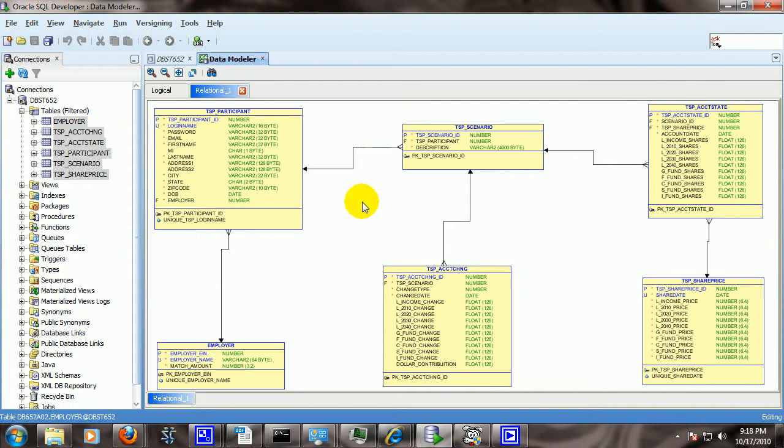But the real action of the system is contained within these three tables. Now, we mentioned that participants could run one or more scenarios. So the scenarios are linked in here. A batch of transactions against the retirement account links to a specific scenario. So any account change, whether it's a contribution, a fund allocation change, or a transfer of funds, is linked to